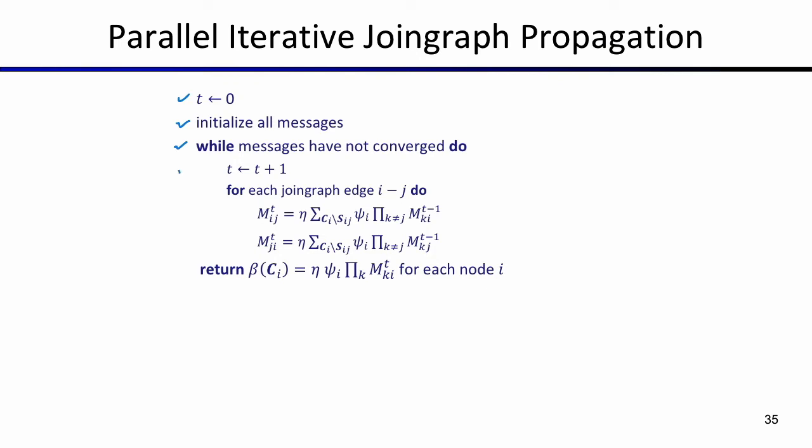So we increment the iteration variable, and we start exchanging messages between the edges. Every edge must have two messages, one in each direction. We are free to send the messages the way that we want, because we are doing the parallel iterative version of the algorithm. So we're going to have initial messages from every node to every node in the first iteration,